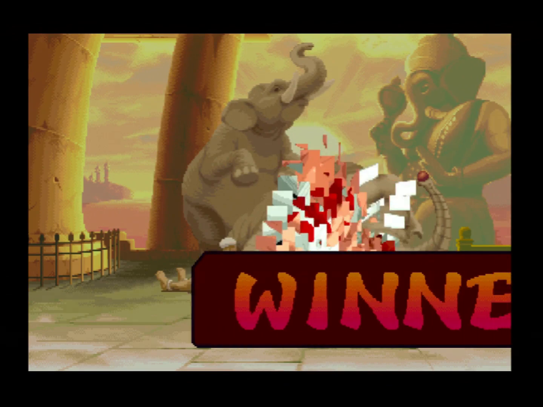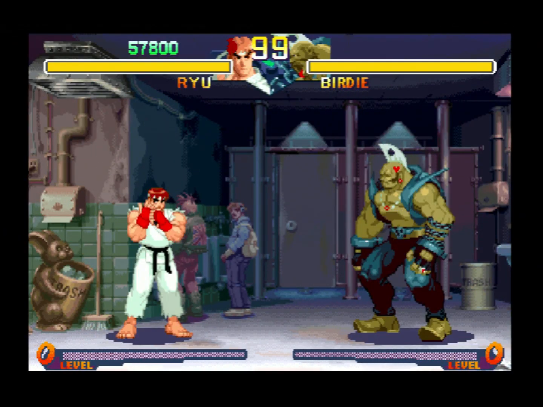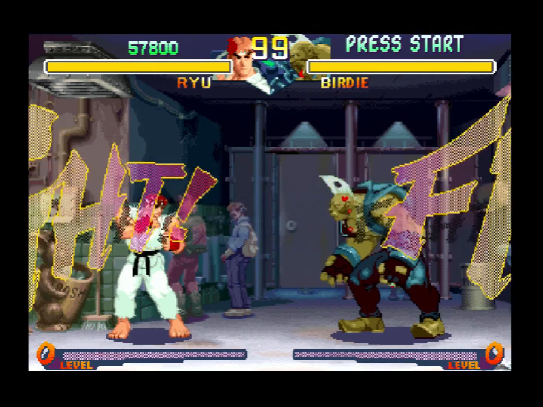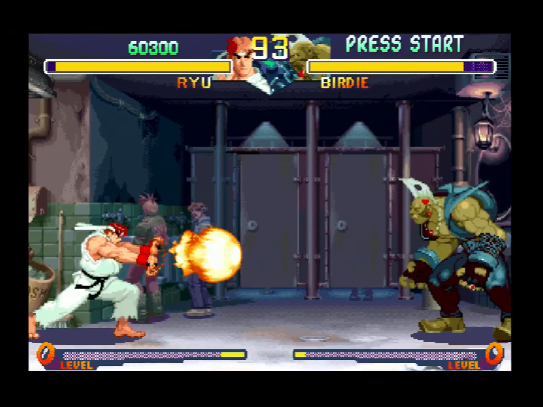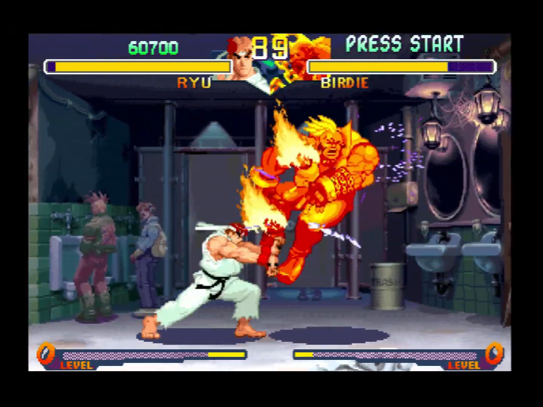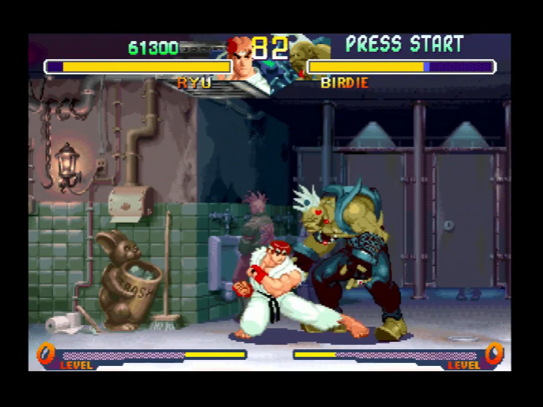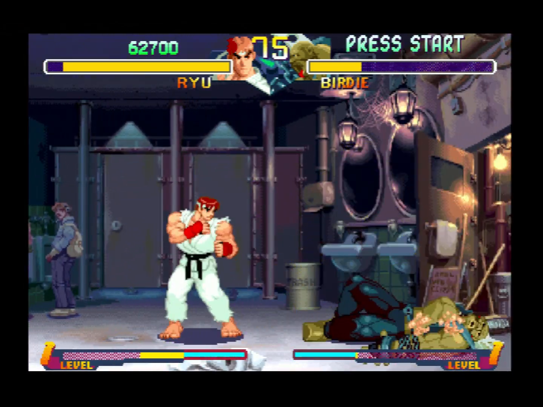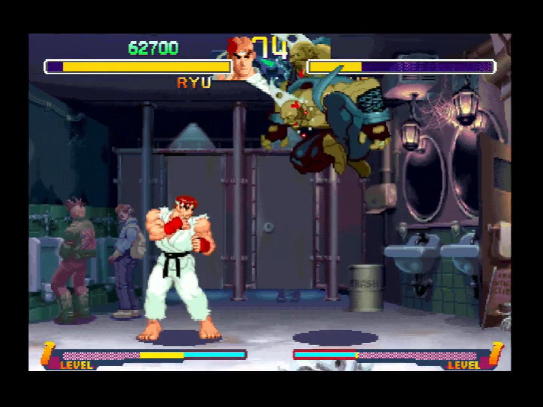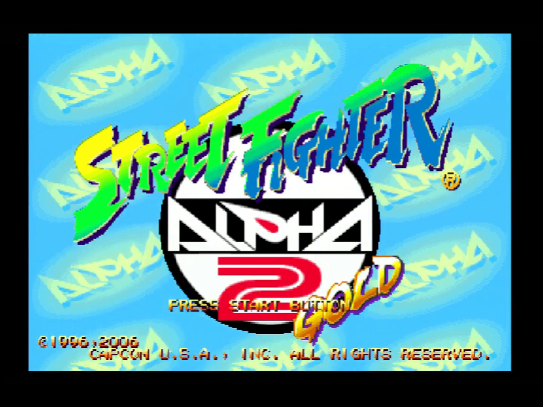So the speed, I have this set to 1 round. The flashing, sorry. This stage is hilarious, the urinals, oh my goodness. I mean, it definitely feels slower than Alpha 3 Upper. It feels like a crawl here. Never mind. Okay, so